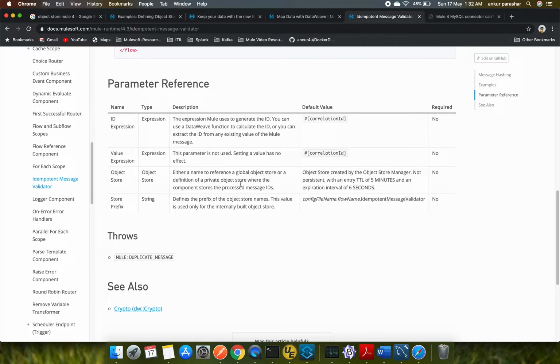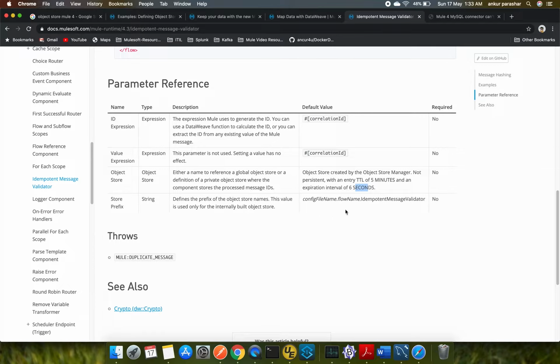After that, the object store, so it can refer either to a global object store, or it can also use a private object store where the component stores the processed message ids, that is the id expression value itself. And if it is not persistent, then the time to live is 5 minutes and the expiration interval is 6 seconds. Apart from that, store prefix is also being used.